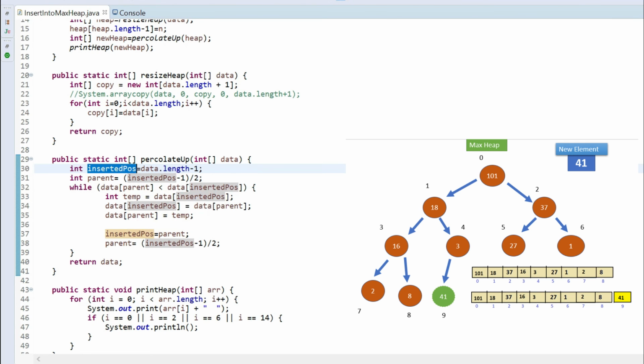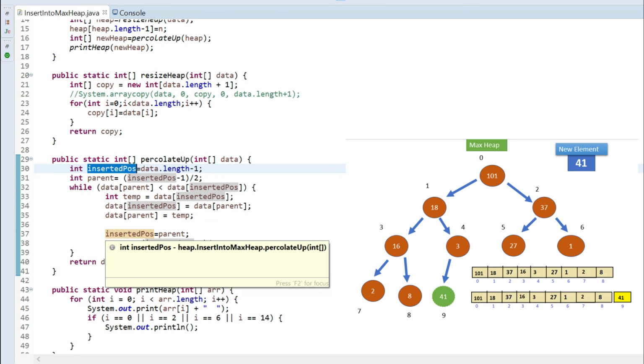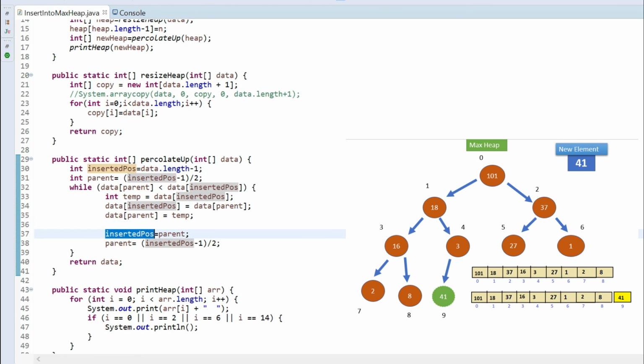Then I am checking if it is greater than this parent or not. If it is greater than the parent, then I have to do a swap. After swapping, I make the inserted position the new parent, and change the parent, to shift it upwards.